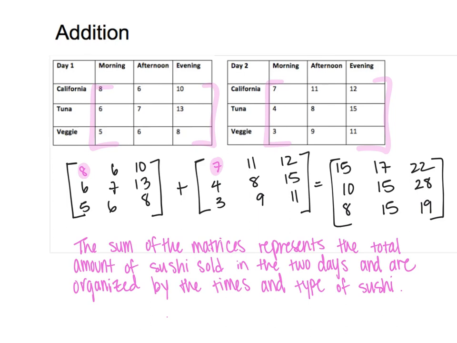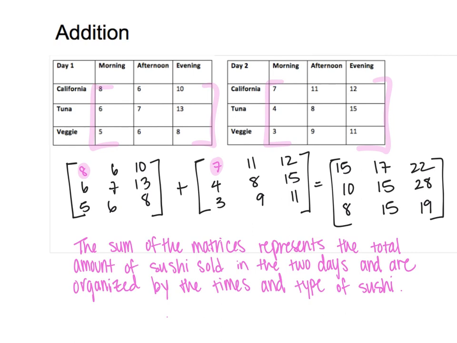So here I've written a little description of what I just said. So I said that the sum of the matrices, so these two matrices, represents the total amount of sushi sold in the 2 days and are organized by the time and the type of sushi. So you can write something like that about your matrix that you've just created from adding the two